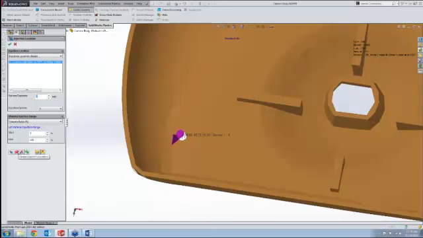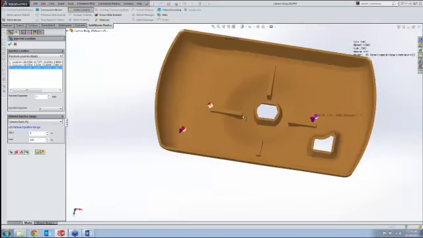Now, if you don't know where you want to inject your plastic from, there's also a button here that will get you up to 10 different suggested locations for all these different injectors. So if I say I want it to go find 2, it suggests that I inject here and here will get me the best results for 2 injection points as opposed to the one that I picked over to the left. In fact, if I go and clear these off,